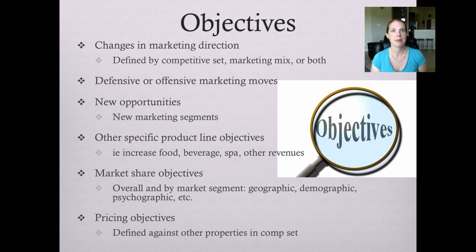We also maybe are looking specifically at market share. We notice that we are below our fair market share. We are not getting as many people as we should compared to the amount of inventory in the market, so we want to increase that. Right? There are all these different things you can look at, how we're going to price things, how we're going to get people to come in the doors, and these are all part of the objectives of marketing. And if you notice, there's a lot of different things you can focus on. And so what the marketing plan does is help you focus in on that which is most important to your business at that point in time. So part of the point of the marketing plan is to figure out exactly what those things are.